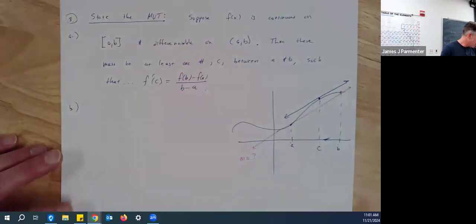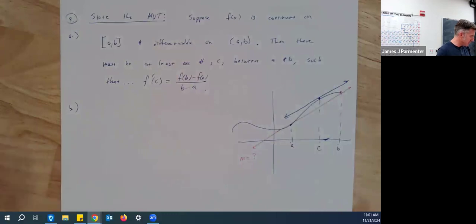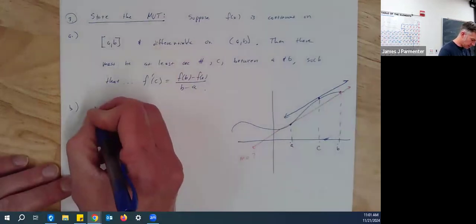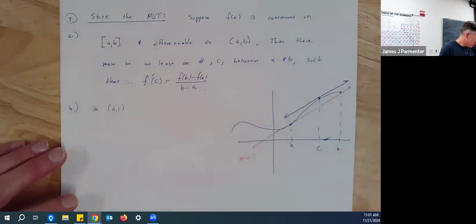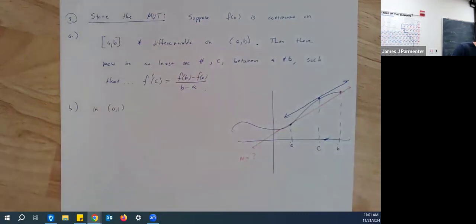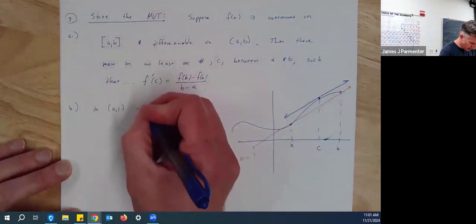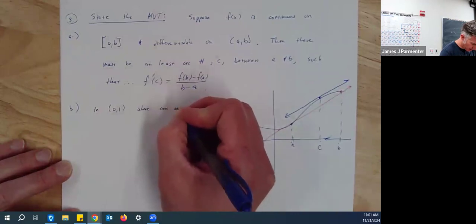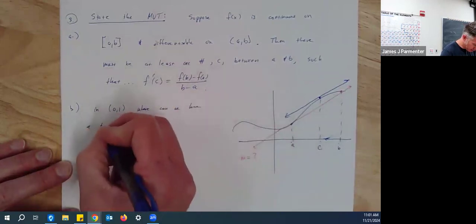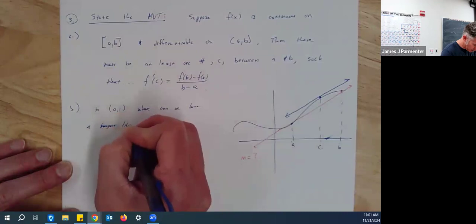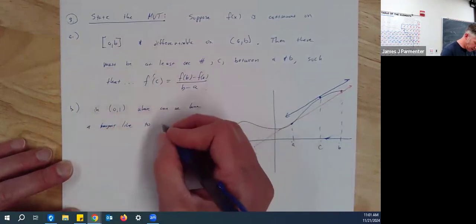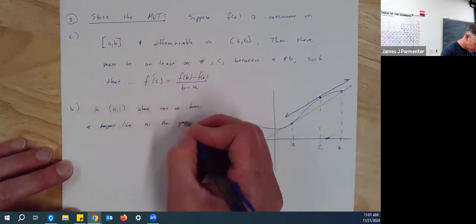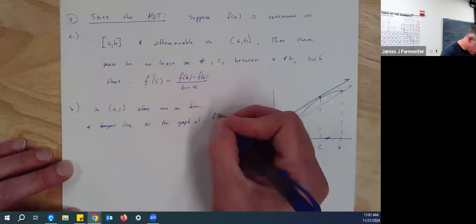Part B says, at what points C in the interval 0 to 1 can you have a tangent line to the graph of f of x equal to x squared plus 2x minus 1